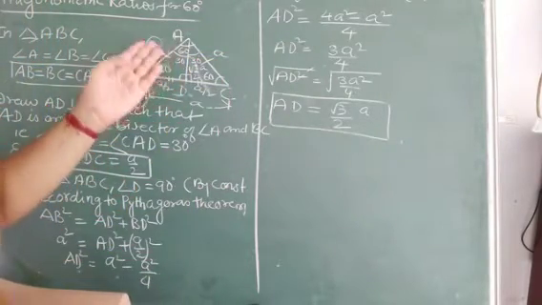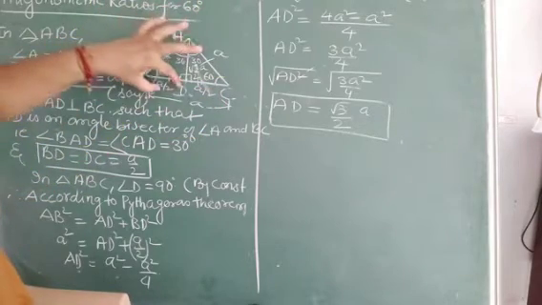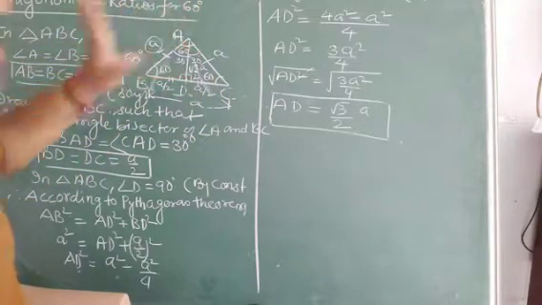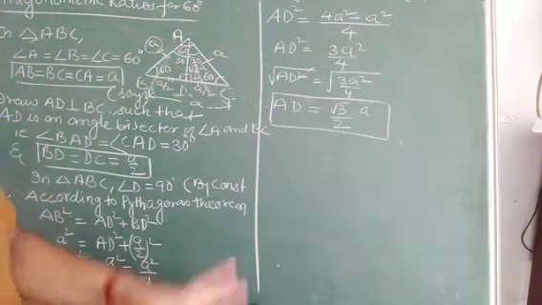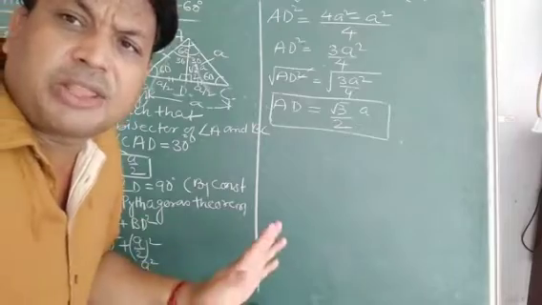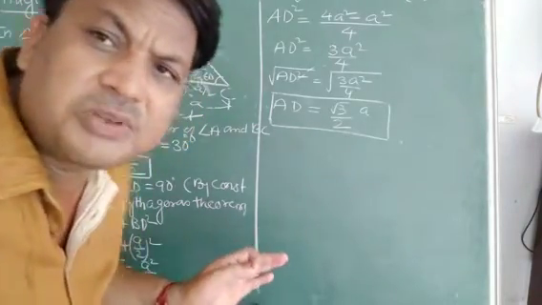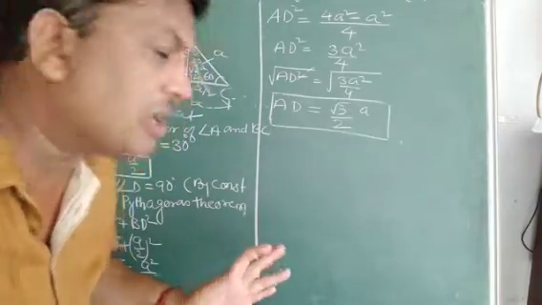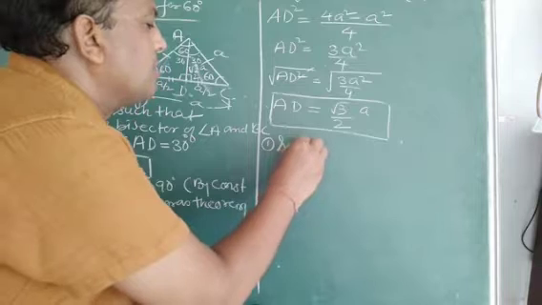Now children, you can take any triangle, all A by 2, A by 2. This is a common root 3 by 2, children. Okay children, so all three sides are known, so you can find any trigonometric ratios. Here you have to find all 6 trigonometric ratios with respect to angle 60 degree. So let's take the first one, sine 60 degree.